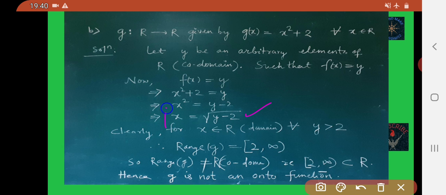Okay, so this is in terms of y. You may write it like this also. x is equal to this.